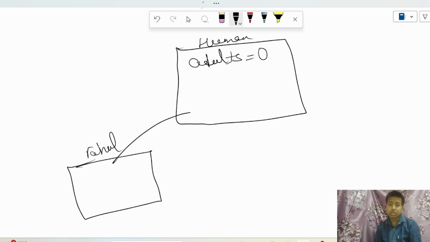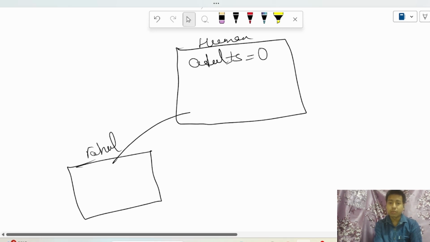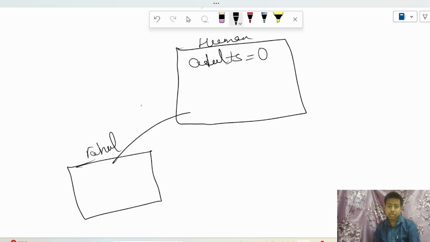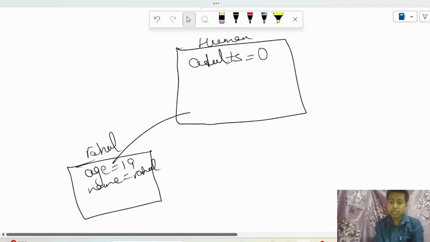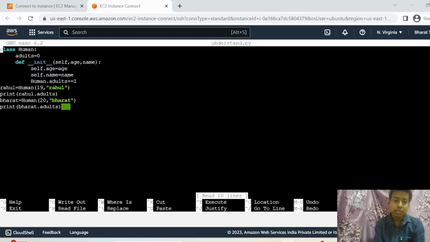We said that when we create this object, its age will be 19 by default, and its name will be Rahul. We have called the constructor, but we have also said that